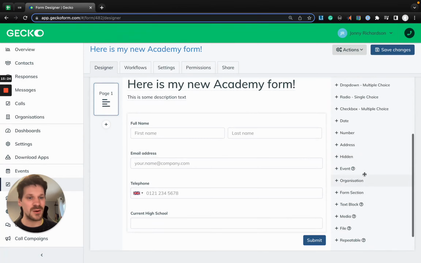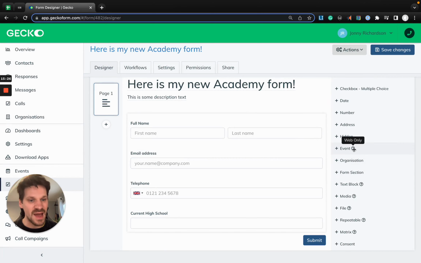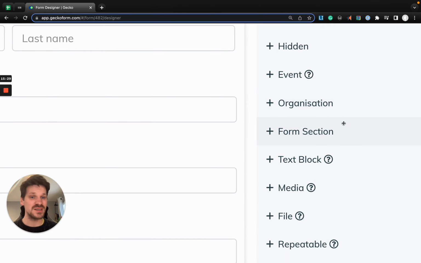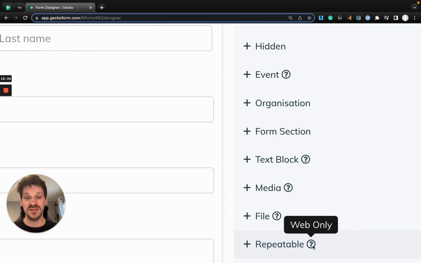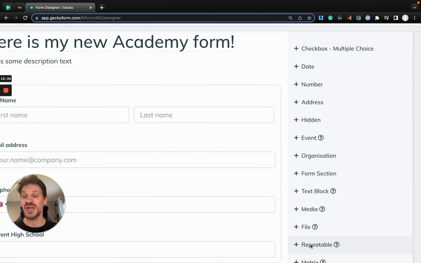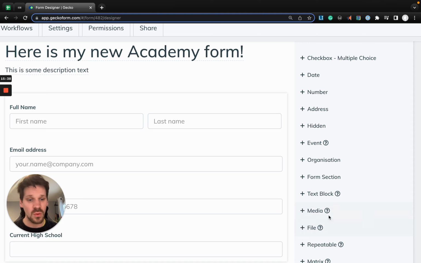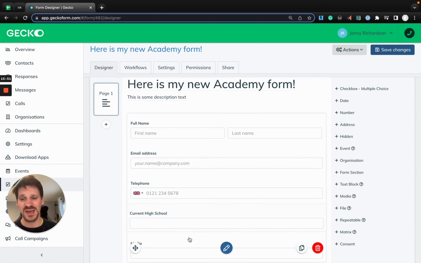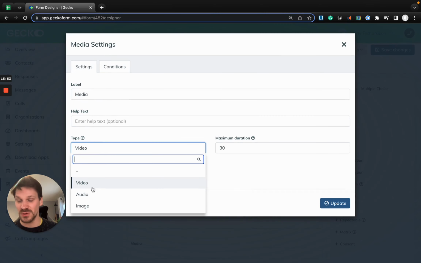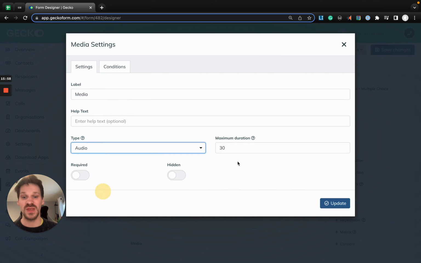A quick thing to point out, some of these form fields have a little question mark next to them, and put really simply, they'll either say web only for the vast majority of them, which means that these are fields that will only show up if you're sharing the form online with someone, or in the case of the media field, it's mobile only, which basically means it won't show up if somebody opens the form online, but if you're sharing the form on the offline data capture app, you can do some really cool things, like capturing a video using the camera on your device, or starting the microphone and capturing an interview with them that lasts 30 seconds,